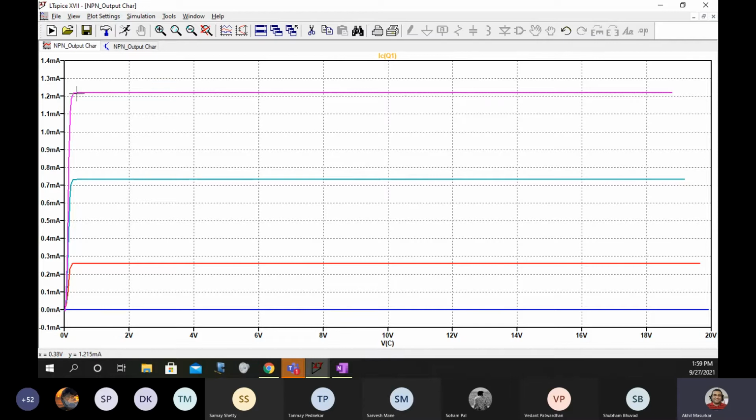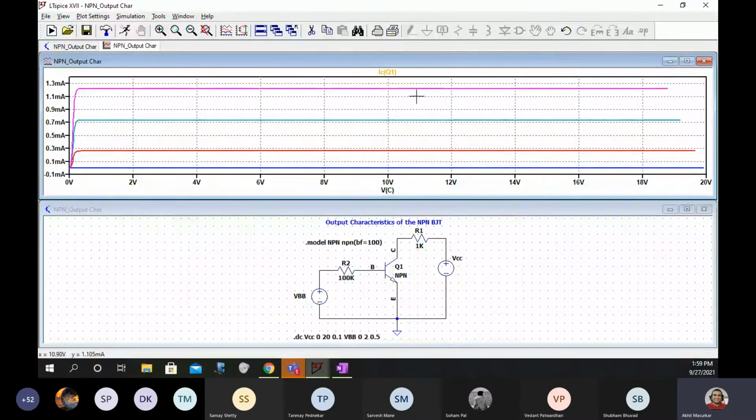And the voltage of VC at which the current becomes constant should be something like 0.25. So it has got a very big active region, but a very small saturation region. Now you should plot both this circuit as well as characteristics in the chat box. And do not forget to make V of C on the x-axis.